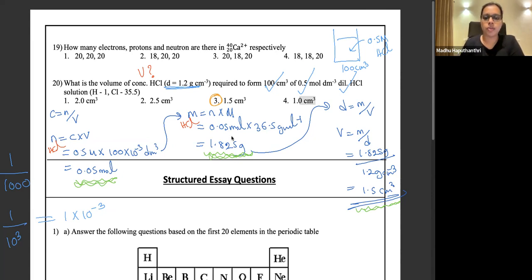So after getting the mass of HCl here, I'm finding this much of a mass is there in which volume? This much of a mass is there in which volume? So mass I know, density is given to me, I was finding the volume. Okay then. Is it clear now? Basically 3 steps. Number of moles, converting that to the mass, relating that to the volume.